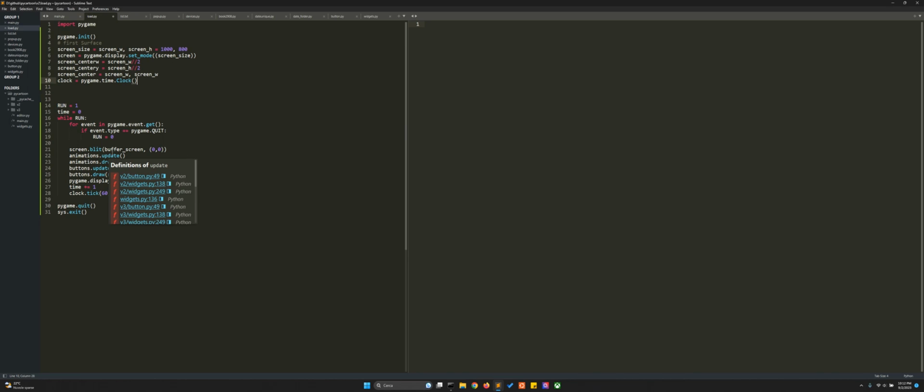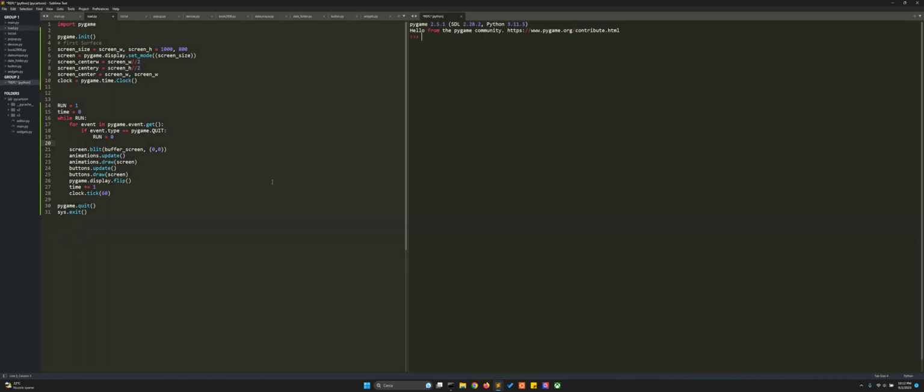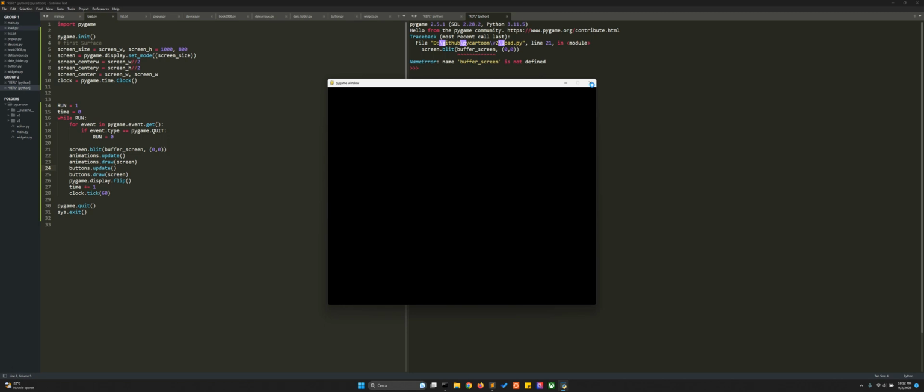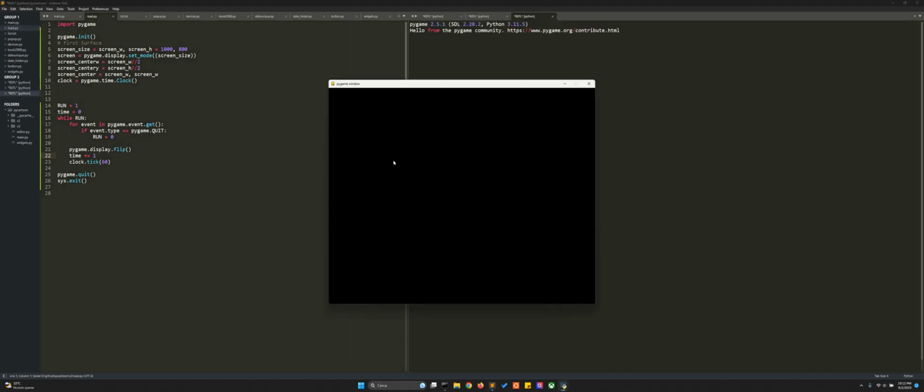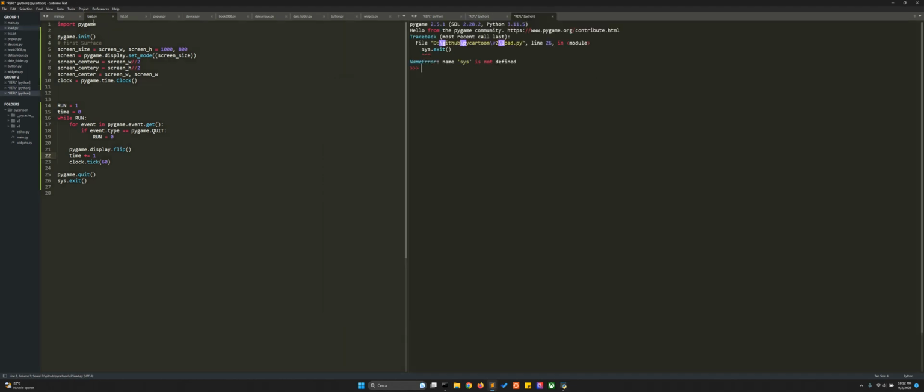and now let's see if we get everything we need to get a window. Let's save this. So we get the window. Buffer screen is not defined. Okay, we got something that we don't need here, like this and this. Also this one, we can get rid of it. Also the time is not so important, but let's leave it. Okay, so